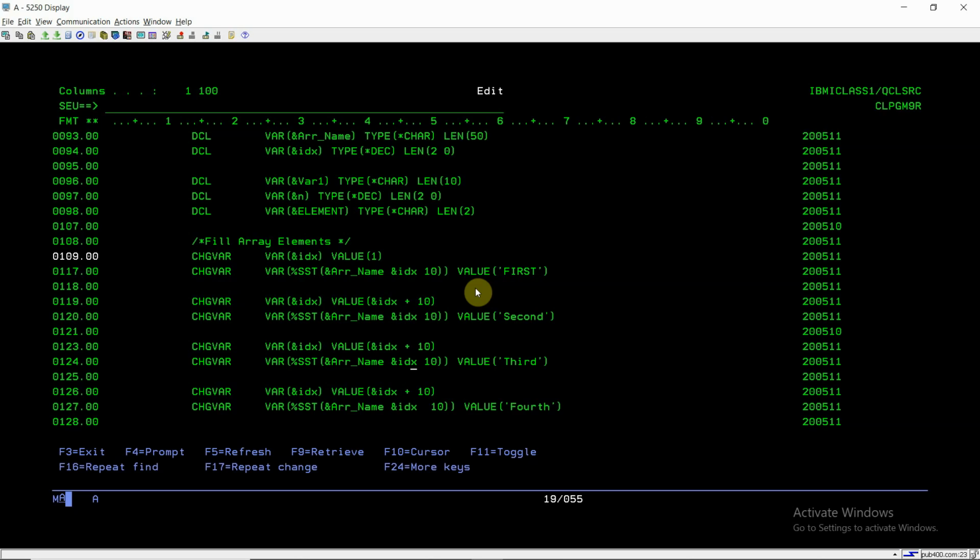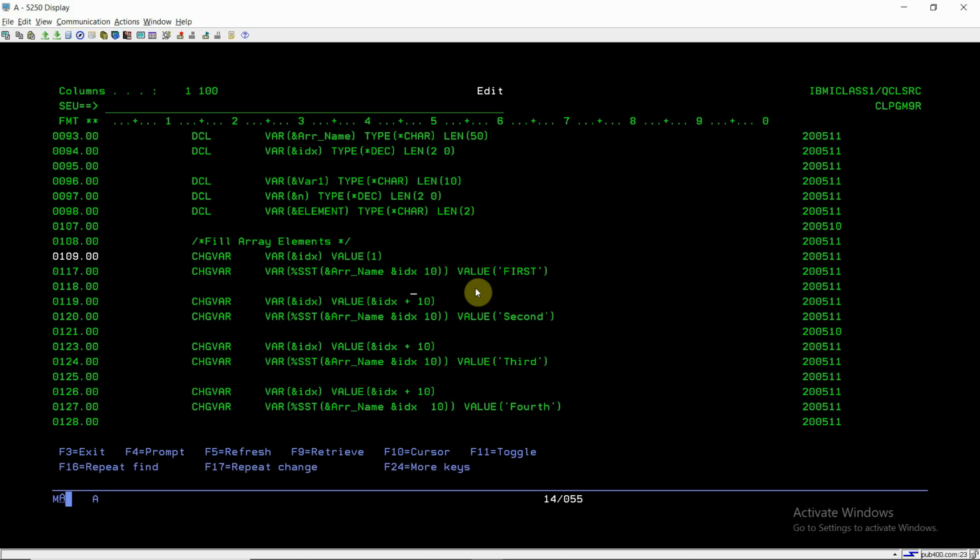I'm not using a loop here because I have not created any video on loops in CL programming. That's why I'm showing you step by step here. If we were using a loop, we could just write one statement and do the looping, but I'm doing this step by step.